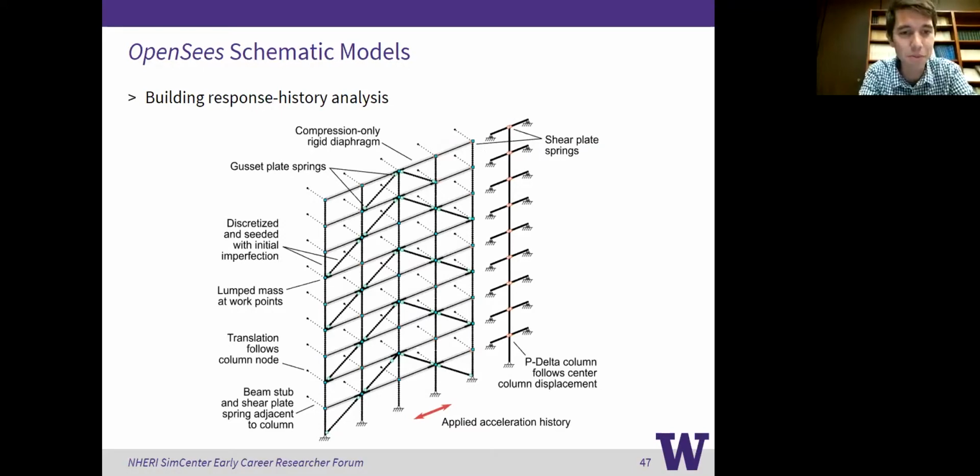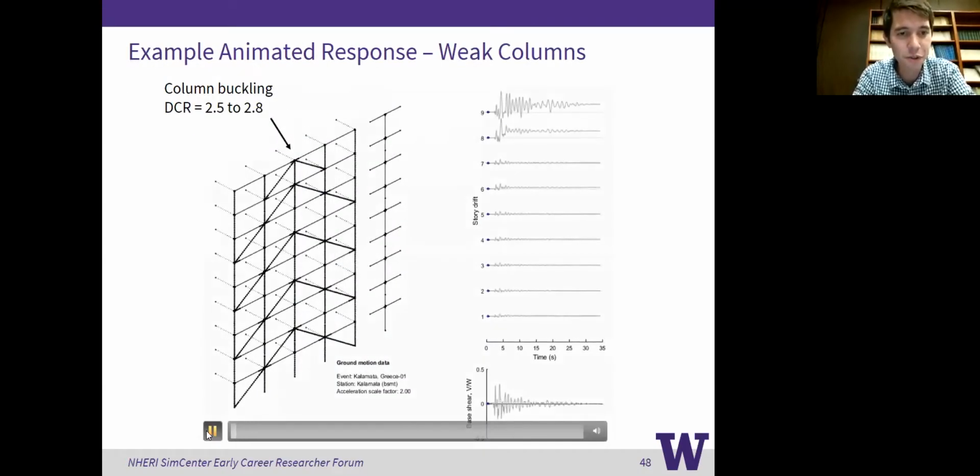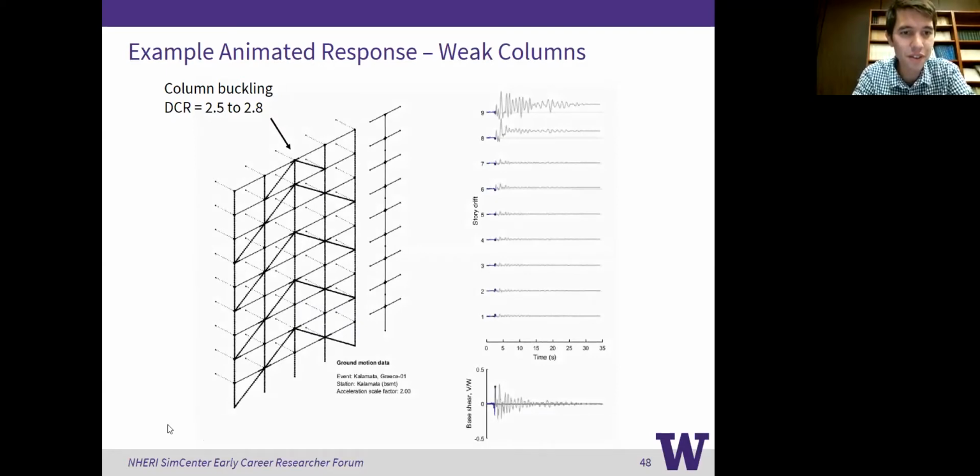And it's a pretty detailed model. We've even discretized the columns here to simulate buckling of the columns, because the columns may be weak in an NCBF, even though we couldn't test that experimentally. And there's a lot of details to this model, but I just want to show what we're capable of when we're doing this OpenSees API and high performance computing combined approach.